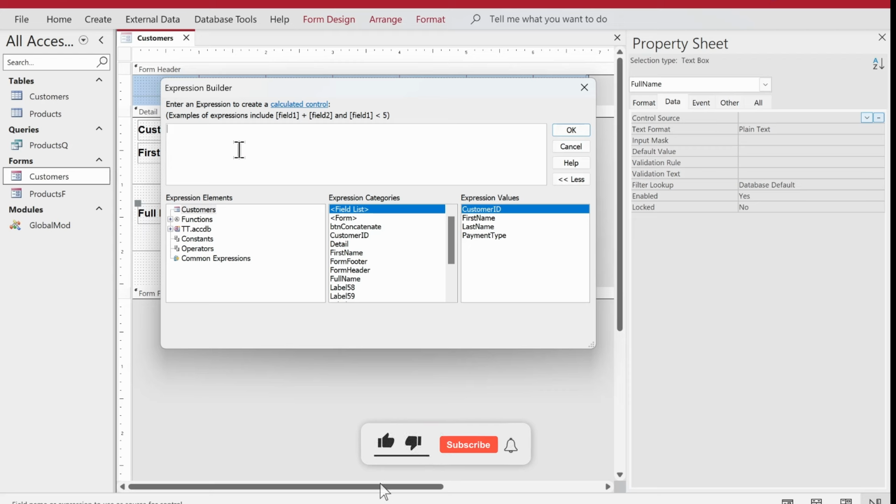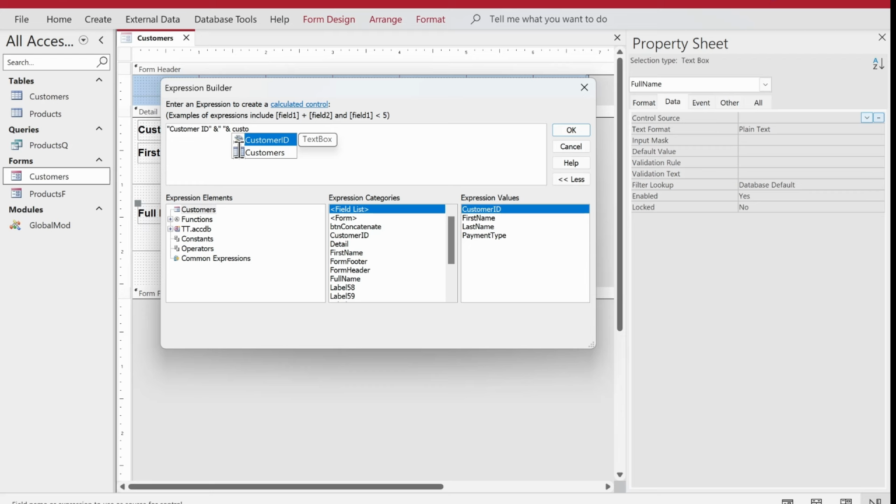So same thing that we have done in VBA, we will actually do the similar thing here in the expression builder of the form. So we'll double quote, we'll say customer space ID, ampersand, double quote, and we will have the